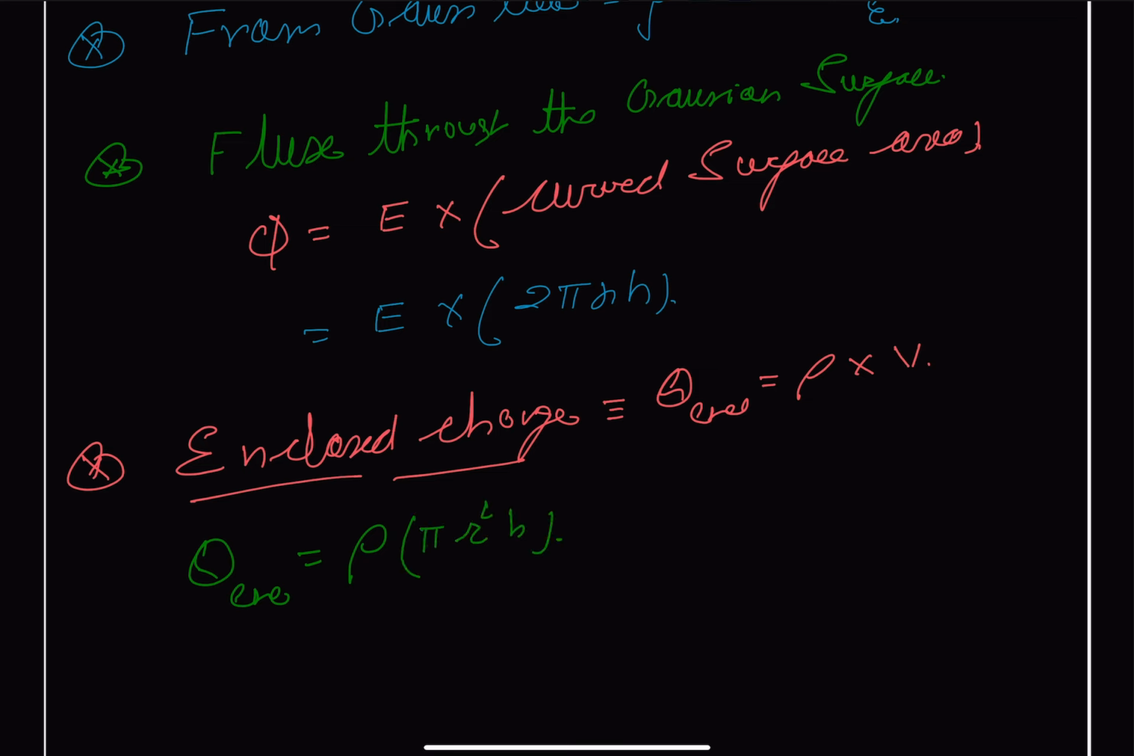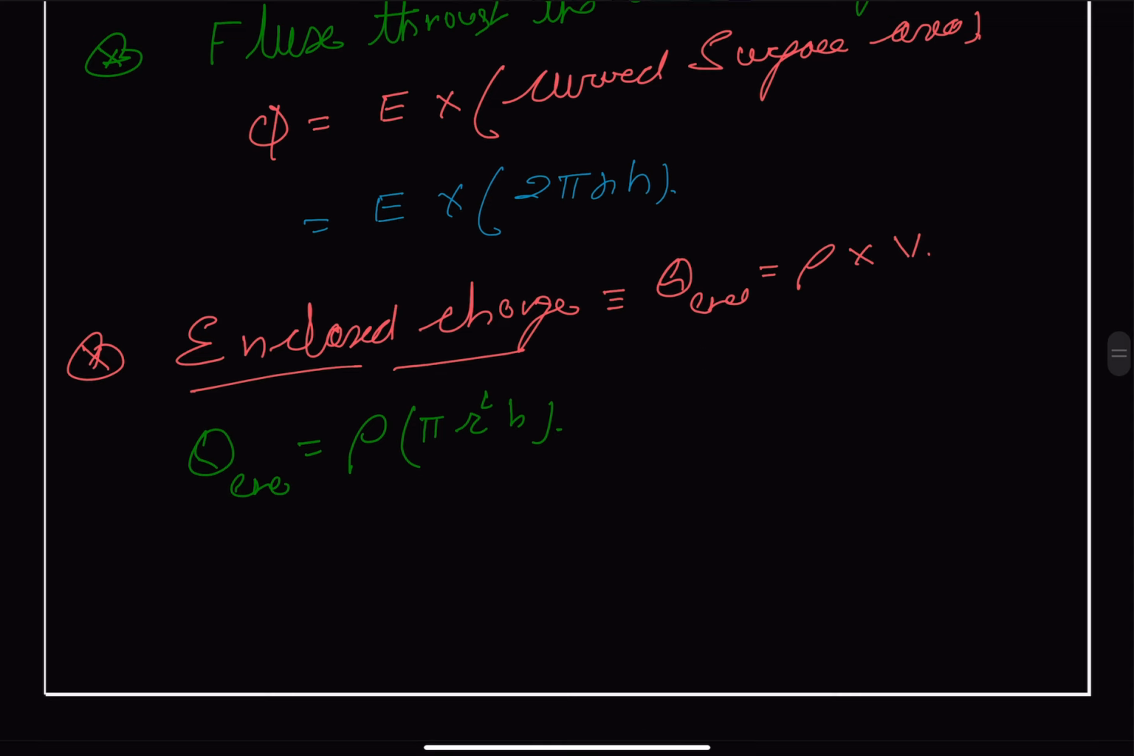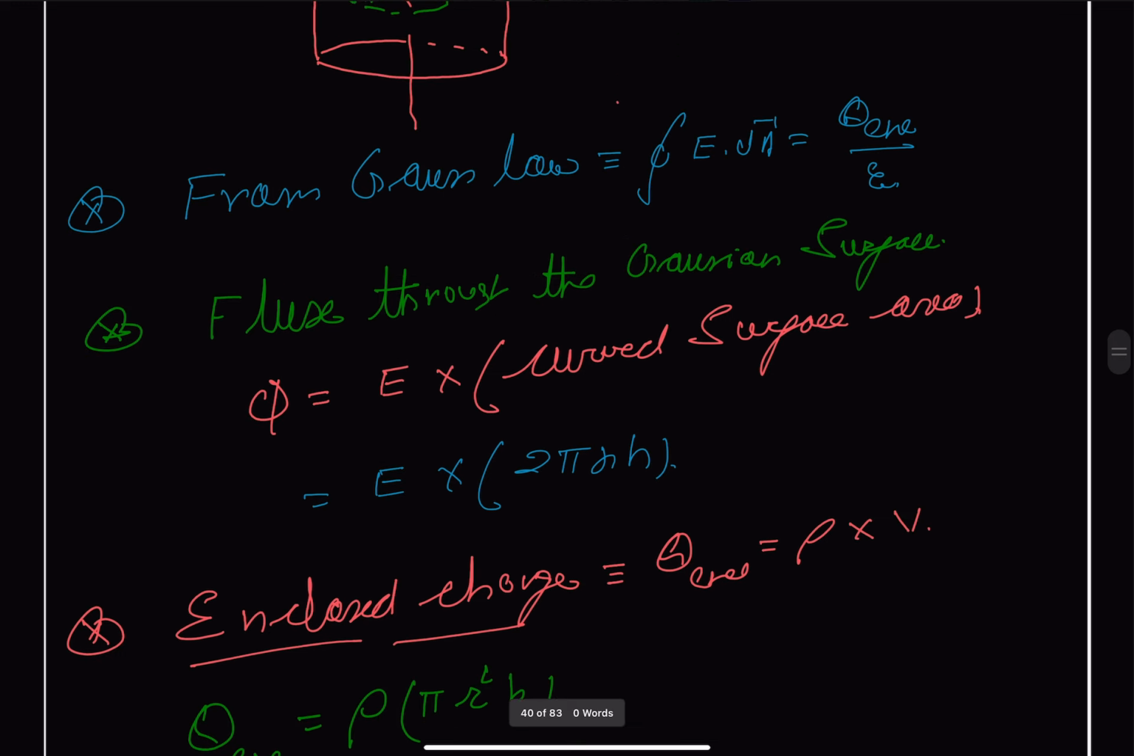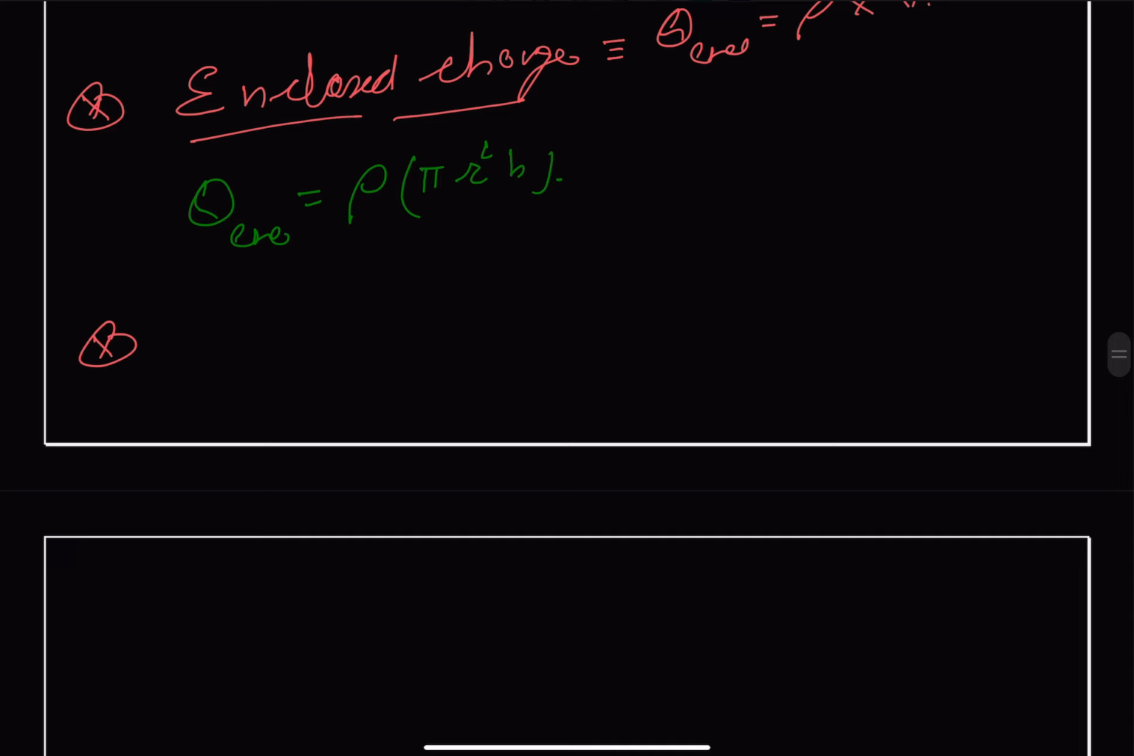So therefore, through the Gauss law, which you can say equation 1, from equation 1 we can write electric field multiplied by 2 pi x h is equal to rho pi r square h divided by epsilon naught,